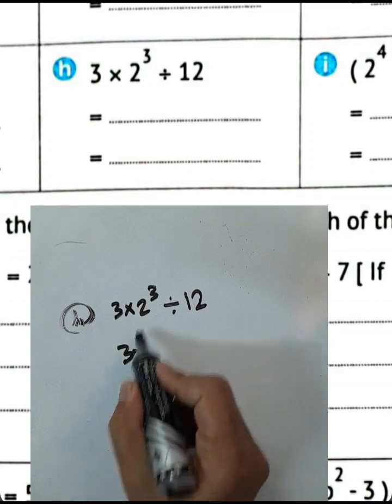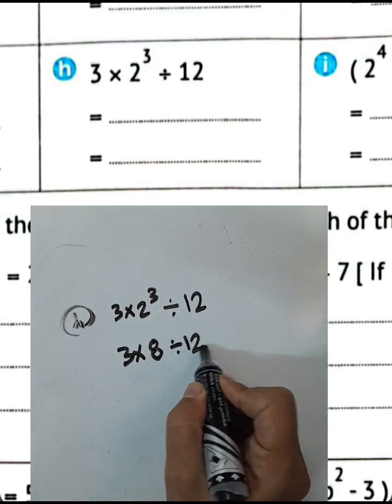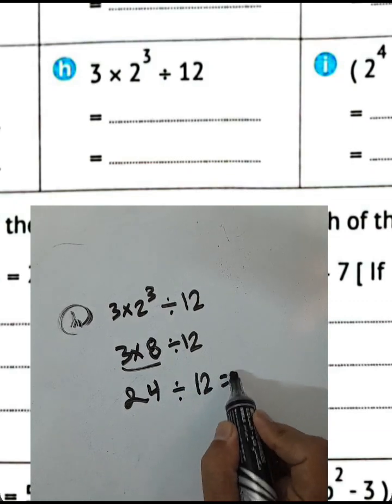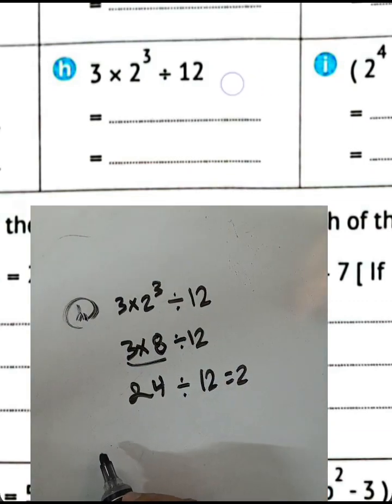Three times 2 power 3, equal 8, and divided by 12. 3 times 8 equal 24. 24 divided by 12 equal 2. Question letter I,